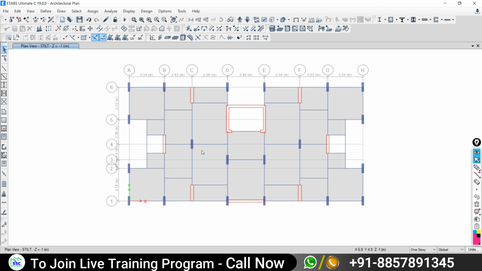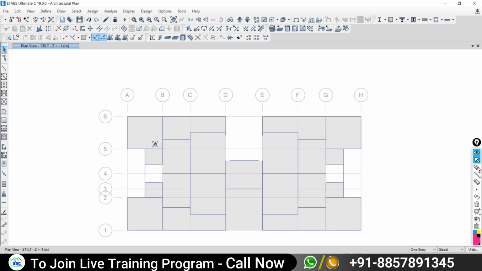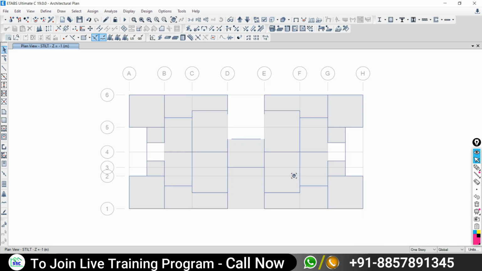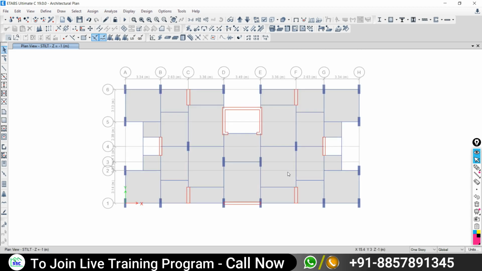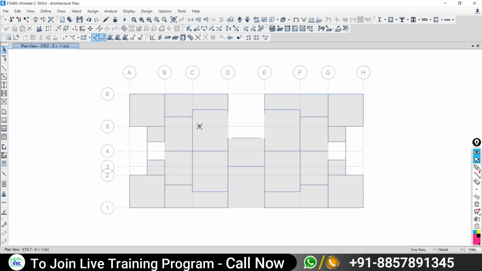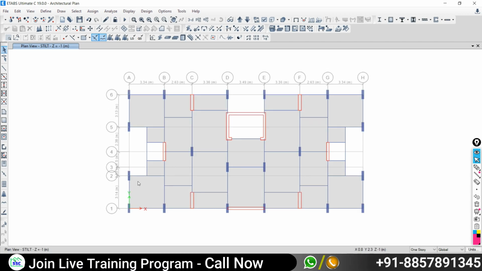But suppose you are going to deal with a project where you have prepared the grid lines in the software itself. What do you think about the case present here? Is it prepared in the software itself or is it the imported one? Sir, imported. Sorry, the grids have been prepared in the software itself. Grids are available here.